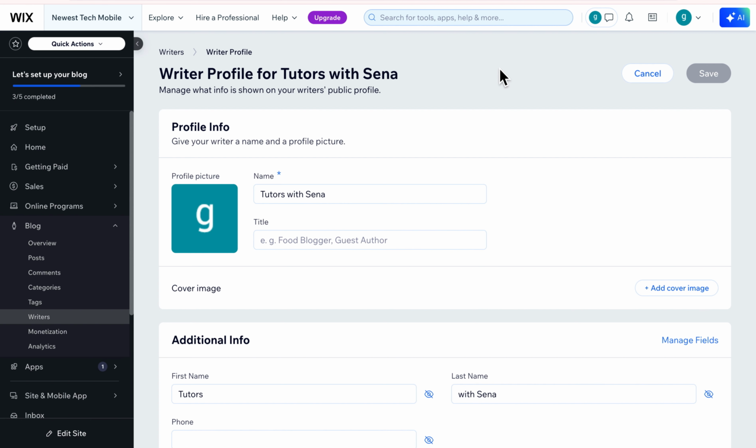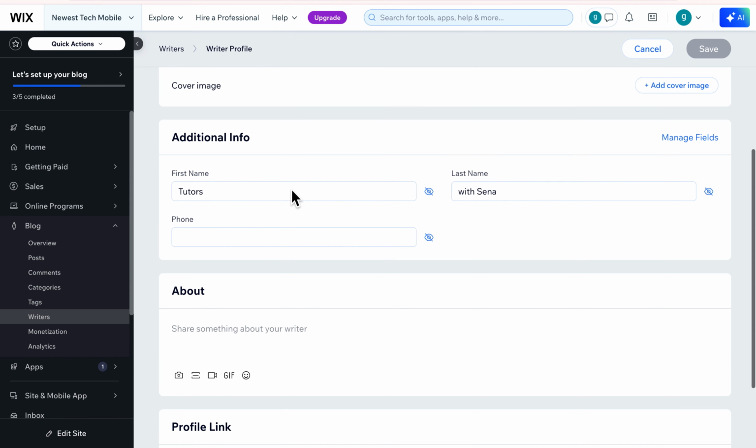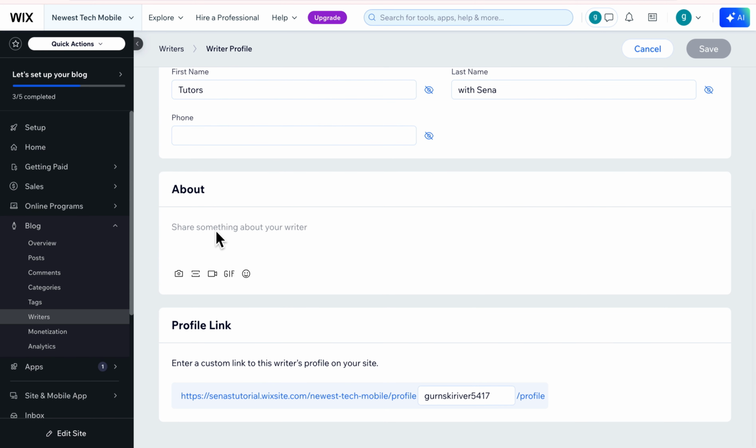profile picture. And then to edit the name of the post author, you can just change the name right here, or on the additional info, you can put the first name, the last name, or the phone number about the author, and so on. And then to add another author, you want to go back to your Wix dashboard from